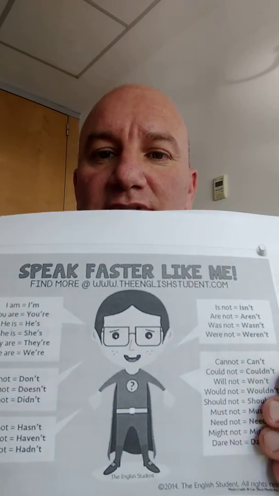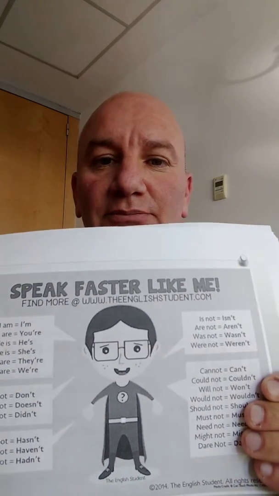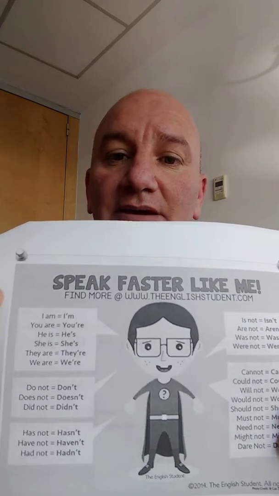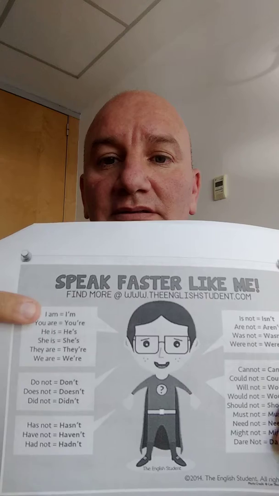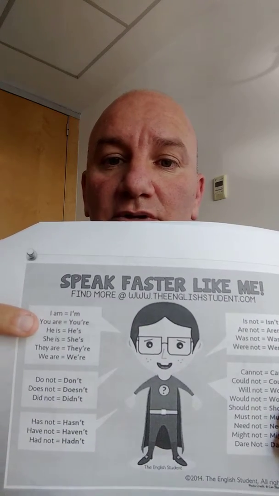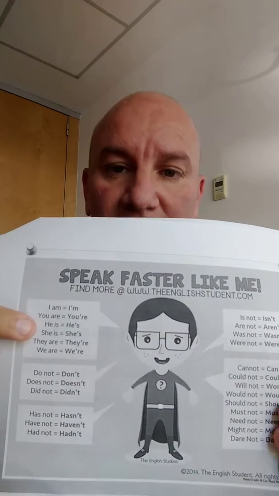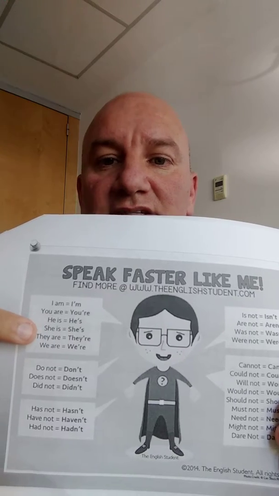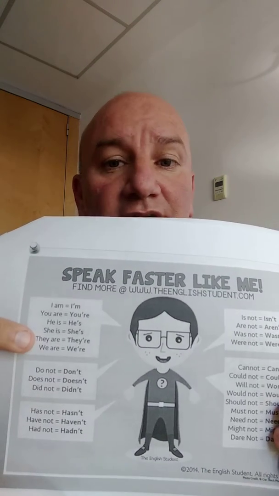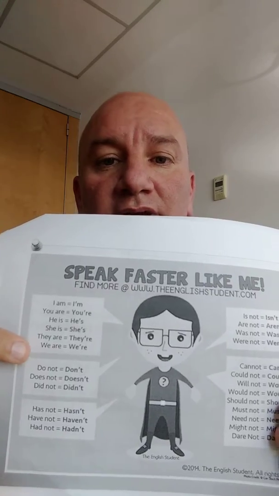So, here are some familiar contractions. Some of them you have seen, some of them maybe you haven't. For example, you have I am, in the contraction form is I'm. You are, in the contraction would be you're. He is, he's. She is, she's. They are, they're. We are, we're, and so on. I'm going to give you this page so you can refer to it during class and we can do some practices,